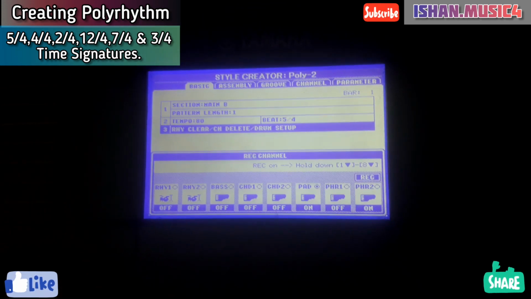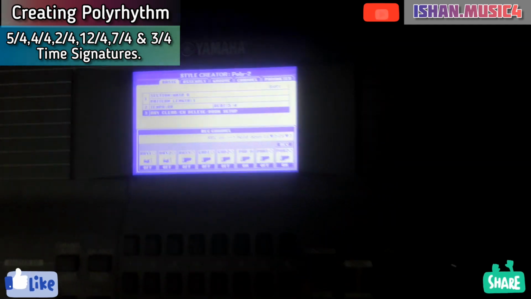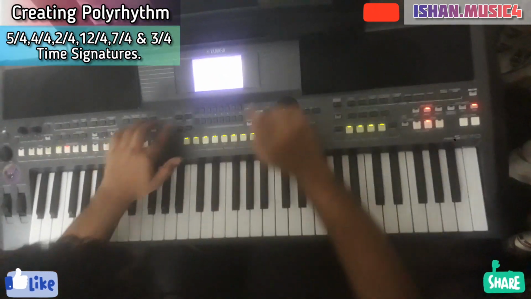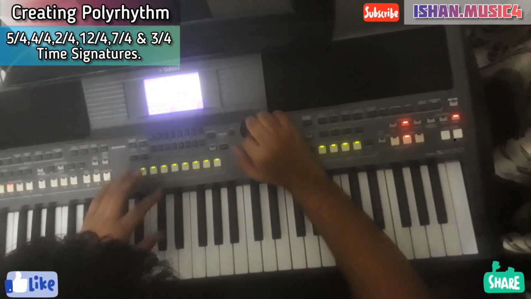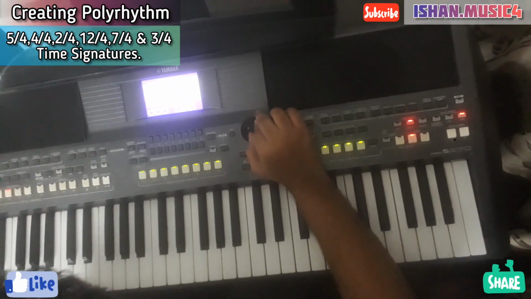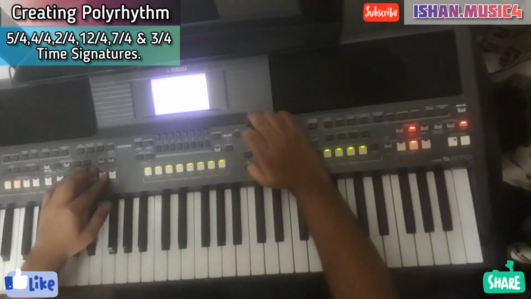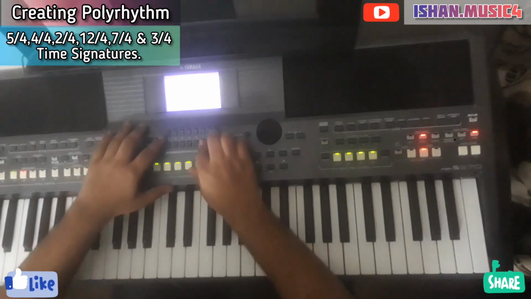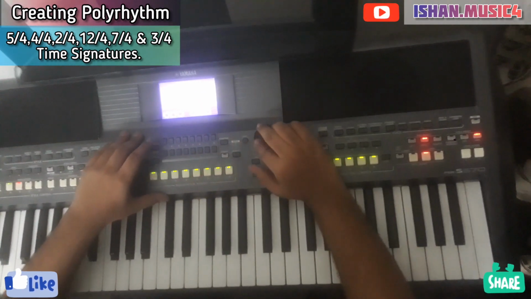1, 2, 3, 1, 2, 3, 4. 1, 2, 3, 4, 5, 6, 7, 8. We'll lower down its volume so that we can hear that 12/4. This is just for temporary measures.